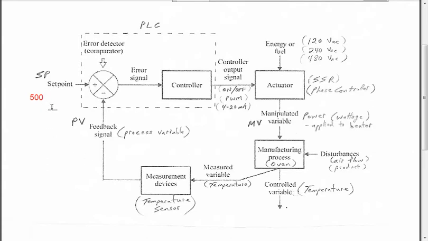Now, if you put in that you want it to run at 500 degrees, hopefully it does. And that's over here. That would be seen over here. The controlled variable, put a question mark there. Is it going to run at 500 degrees? Controlled variable is also known as the process variable. It's really the end goal of this whole setup. So the operator puts in 500 degrees with the intention that the system will run at 500 degrees, that it'll maintain